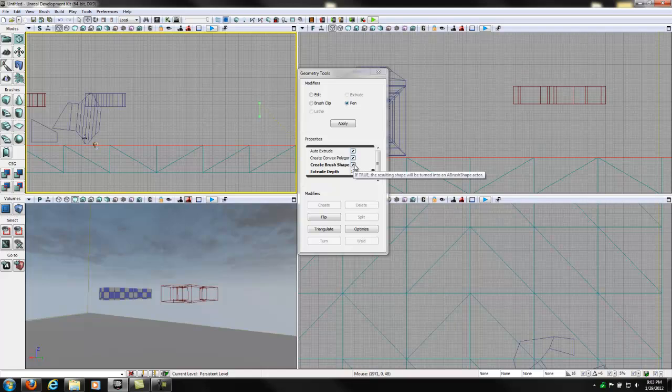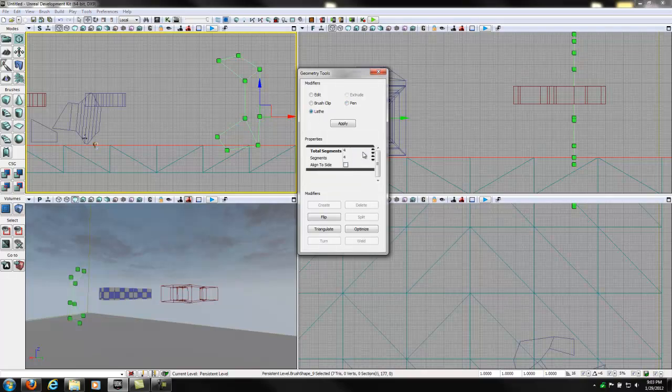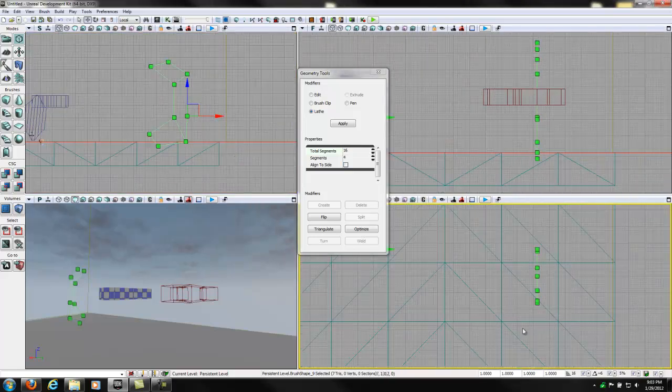Then you create the shape that you want for the lathe modifier. Okay, so here I'm creating the shape, and once your shape is created, you can click on lathe modifier, and then you can have a number of segments. So if I create 4 segments, with a total of 16 segments, I would rotate my shape by 90 degrees, which is 1/4 of 360 degrees. And to do so,